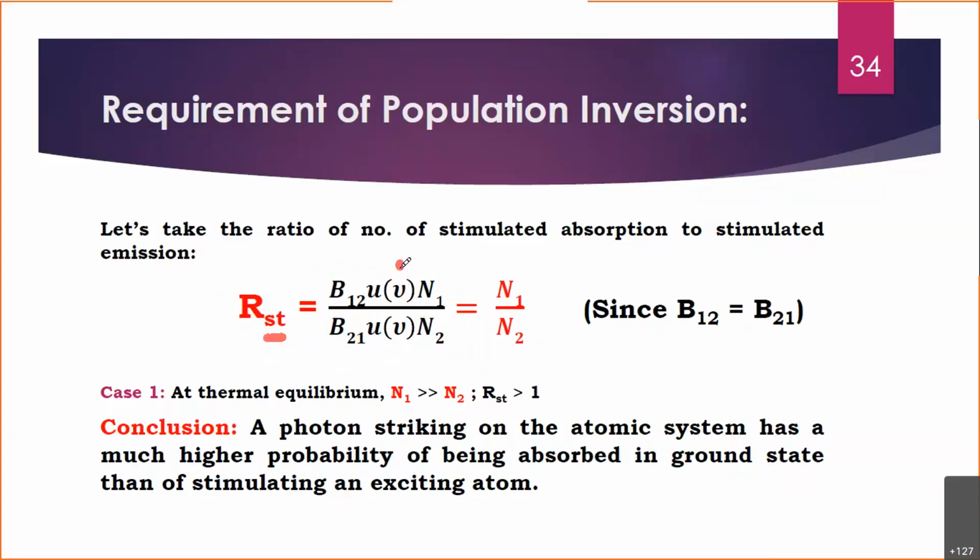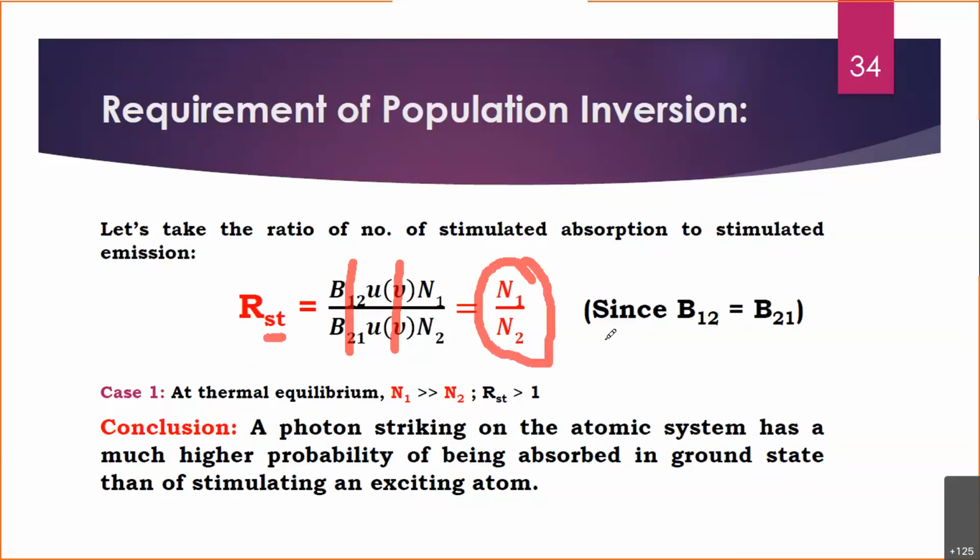Okay, so this energy density term will cancel out. I am cancelling this also. Why? Because we know that in the two level system at thermal equilibrium, B12 and B21 are both equal. We have proved that also. So that is why I can cancel out B12 and B21, because they are equal. So the remaining thing will be this